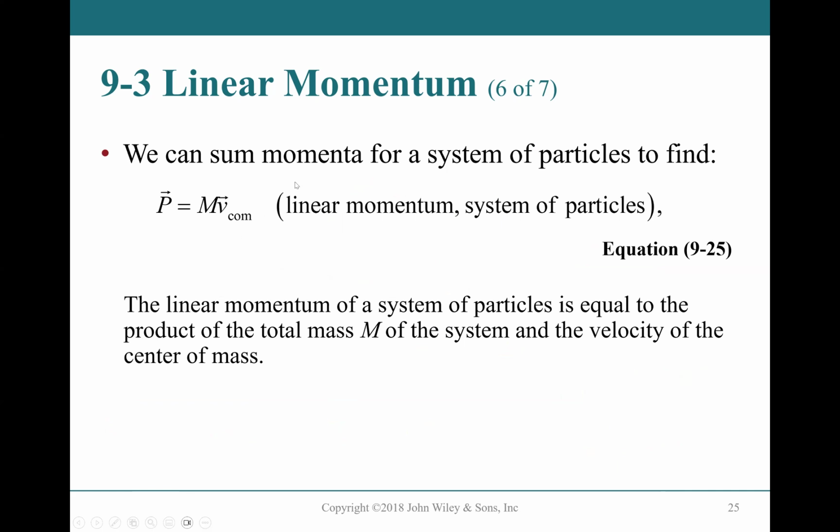And we can sum the momenta for a system of particles to find the total momentum p. So p equals the mass times the center of mass velocity of the system. This is linear momentum for a system of particles. If you have a single particle, p equals mv. If you have a system of particles, then it equals m1 v1 plus m2 v2...